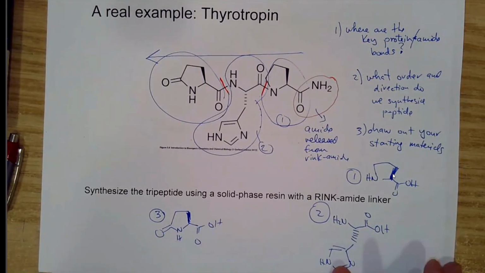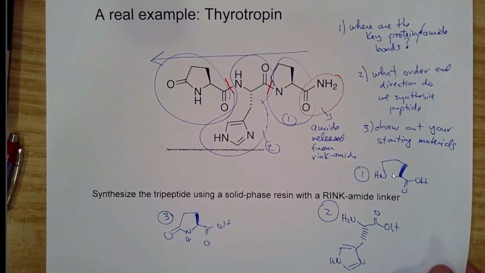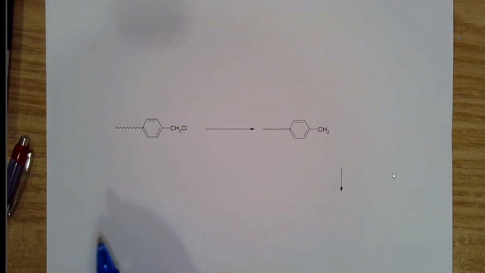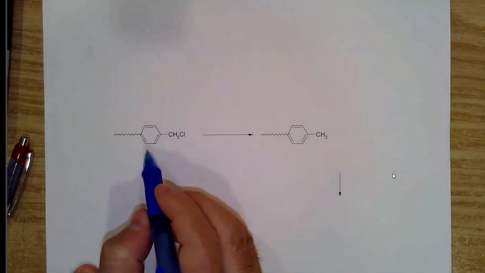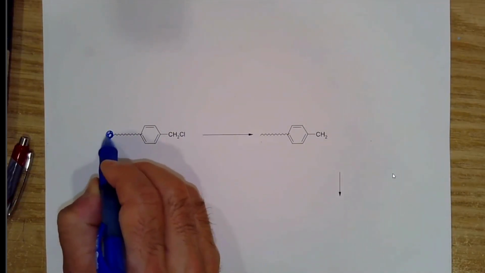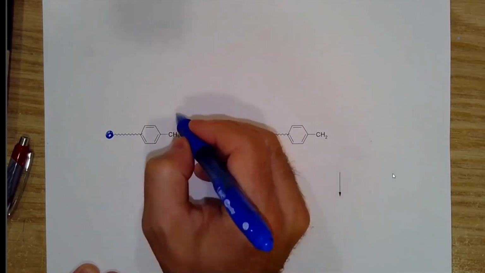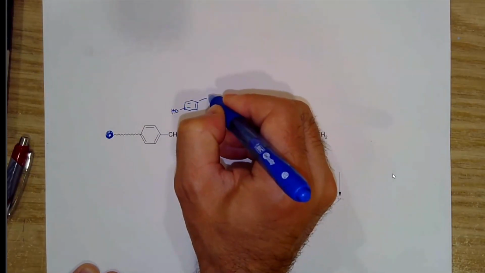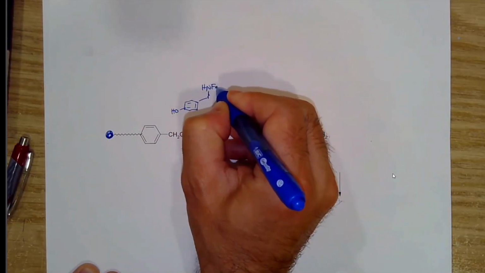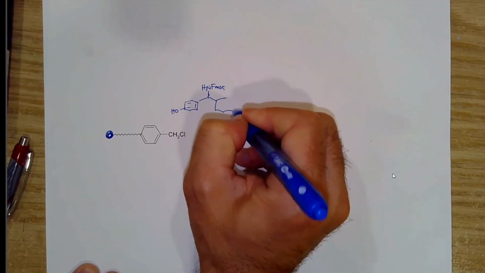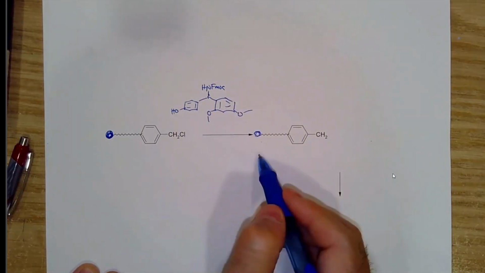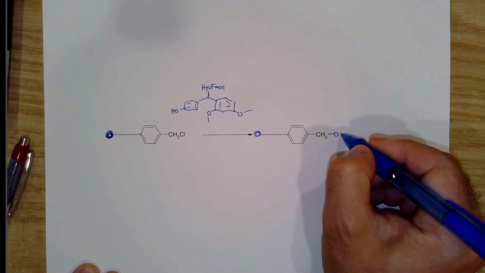So now that we've identified our starting materials and the direction it goes in, that makes life a lot easier in terms of how to generate the synthesis. Okay, so let's take a look here and start drawing how this works. Initially, here is our polystyrene attached to the bead, right? And we need to attach the Rink amide. We've done that previously, so nothing new here. Again, just redrawing it and showing you all the steps so that it's clear. So that goes via SN2 chemistry, and then now you are left with